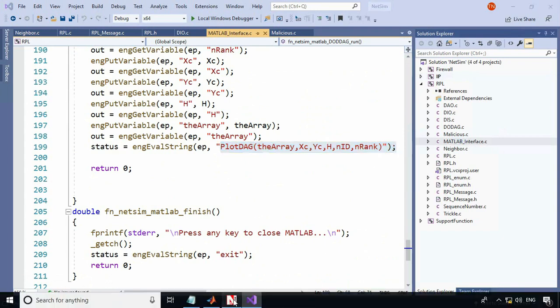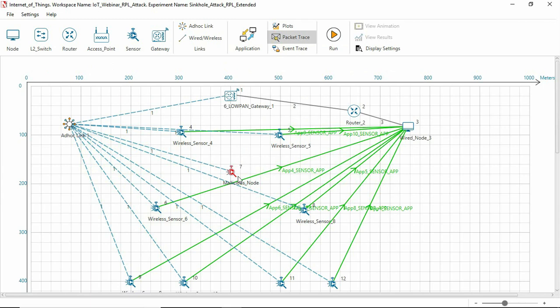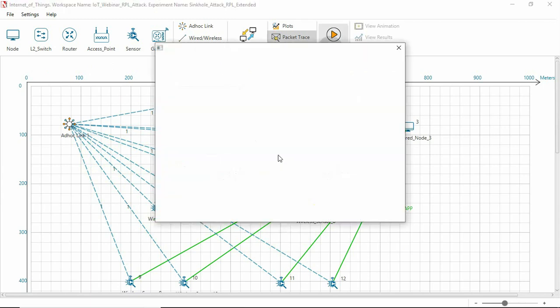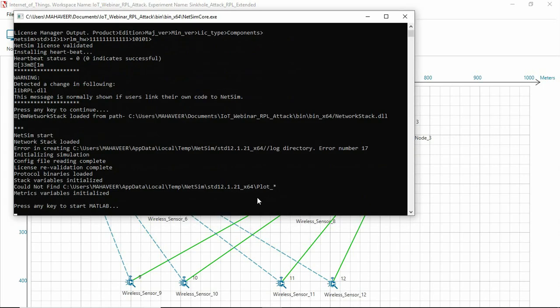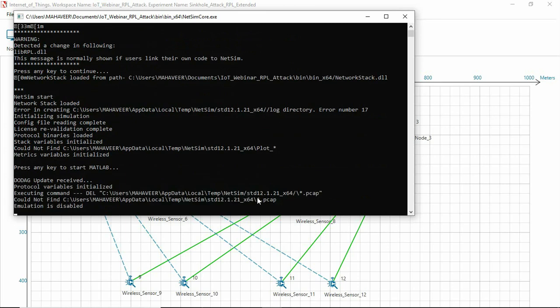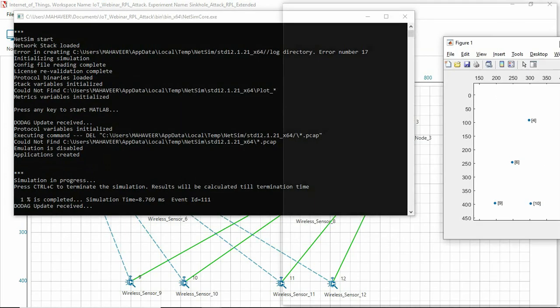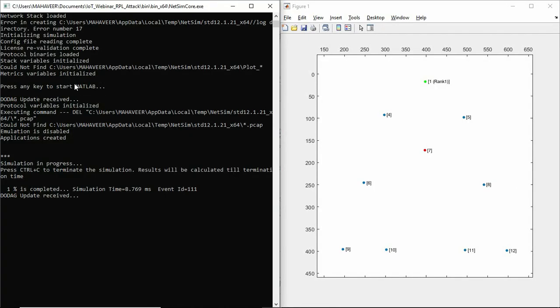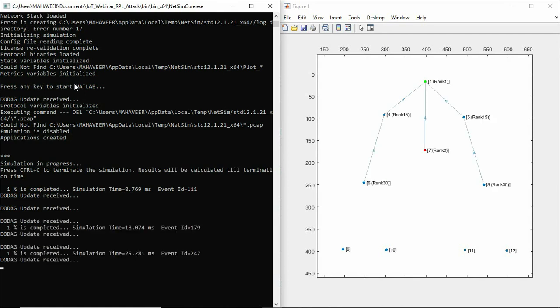Now malicious behavior is modeled for node 7 and the simulation is started. As we run the simulation, we can see the tree formation in parallel in MATLAB. NetSim sends parameters such as the XY coordinates, ranks, and parent-child information to MATLAB at runtime.